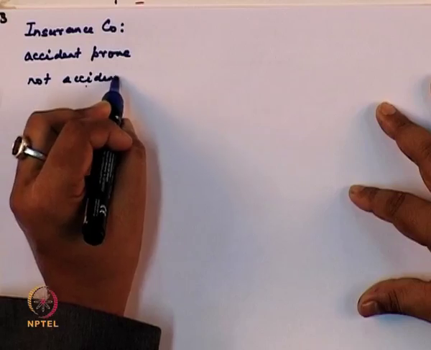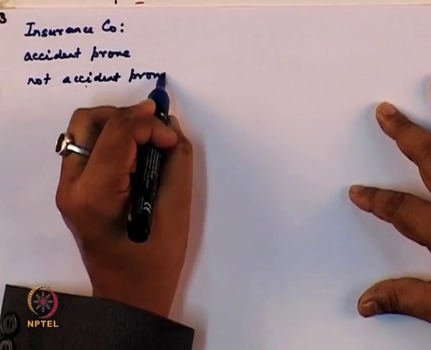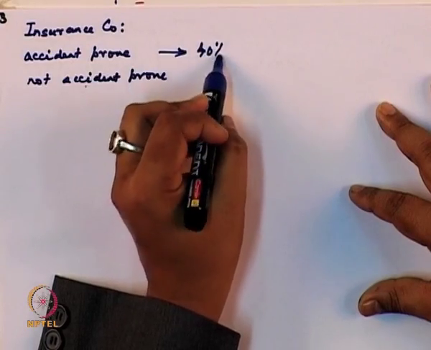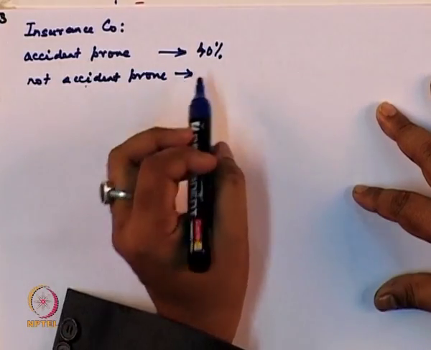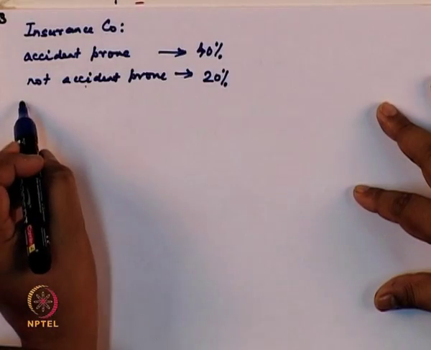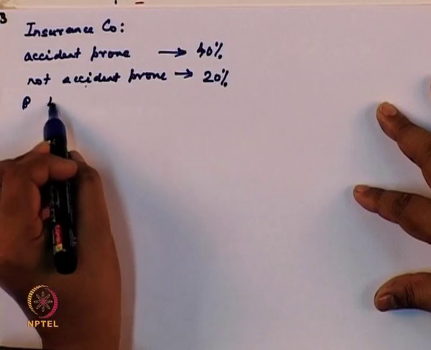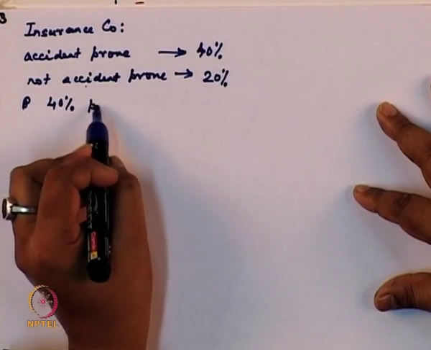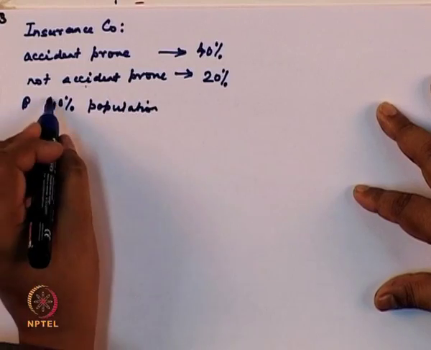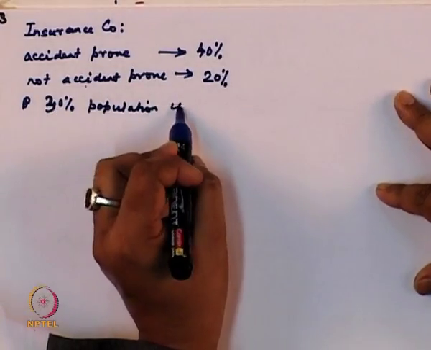These people have a 40% chance of suffering an accident, and these people have a 20% chance of suffering an accident. So, if 30% of my population is accident prone,